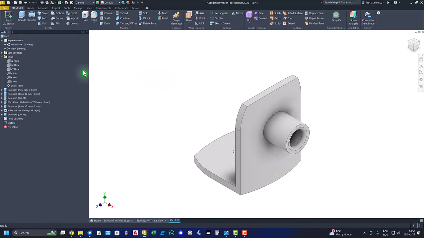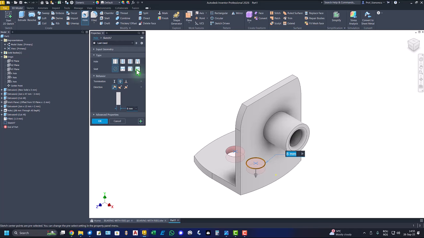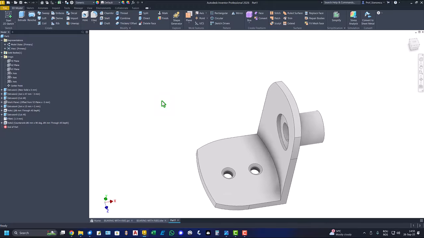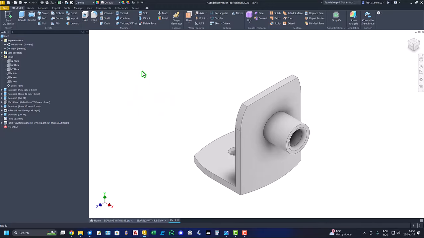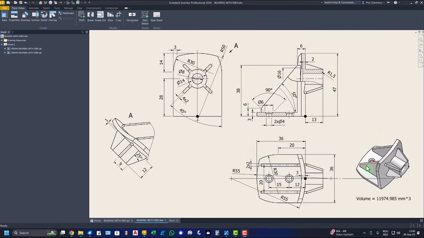Then we apply hole with the countersink. This dimension is 6, this is 4, and 90 is okay. Yes, good. Now these two ribs, dimensions are 2 millimeters, the thickness, distance of 20, and profile is this